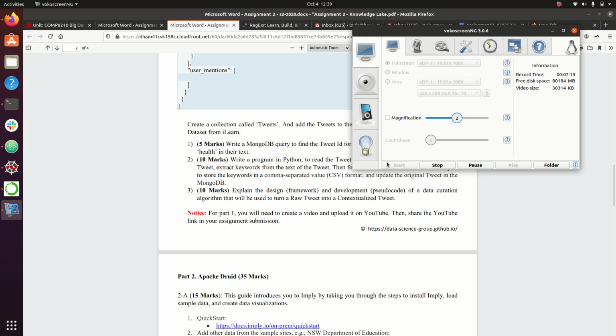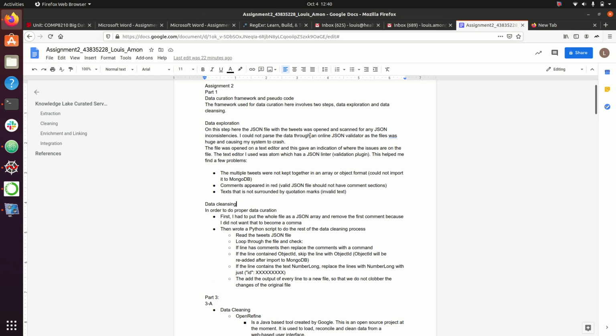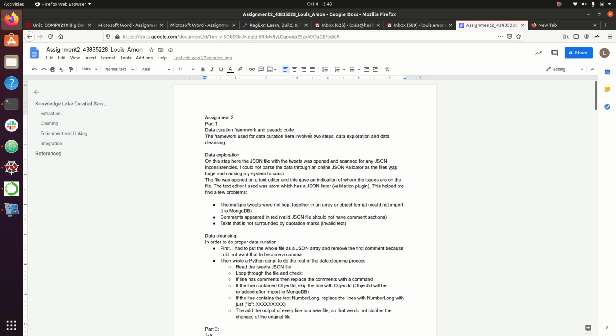Alright, so now we are into question 3. Question 3 of part 1 says: explain the design framework and the development of a pseudocode of the curation algorithm that we use to turn the raw tweet into a contextualized tweet. Alright, so I do have some notes here as part of the assignment basically. So the framework I decided to use to change a raw tweet into a contextualized tweet is one that involves 2 steps. The first part is to do some data exploration, and the second part was to do some data